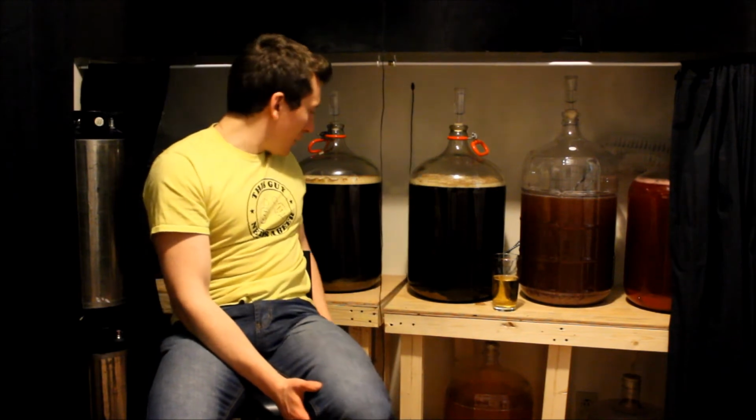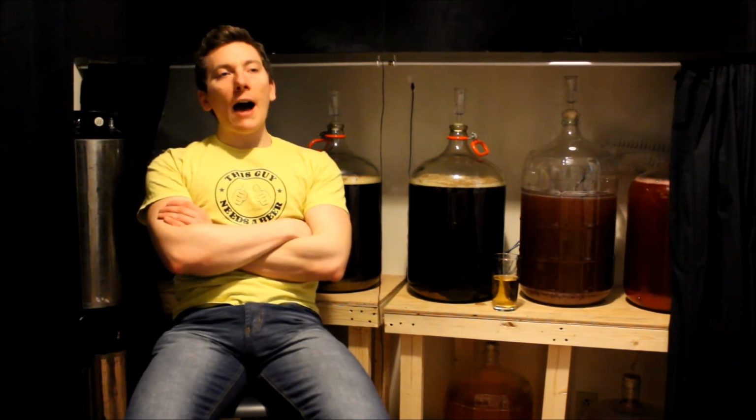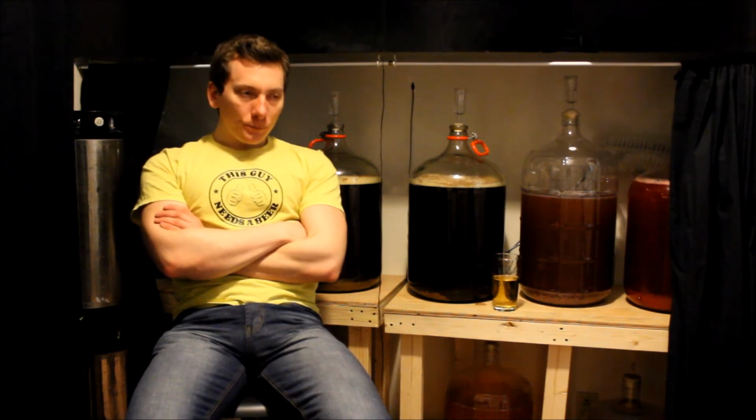So what I did for both of these, and in retrospect I only did about half the quantity that I will in the future, but I made Belgian candy sugar for both these ales. Now, I've done this in the past. I've made rock sugar. Basically, boil the sugar for a certain amount of time, adding certain key ingredients that change certain chemical compositions of the sugar in order to make it...